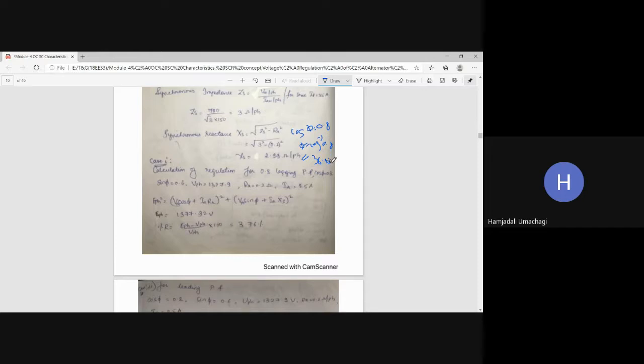Now if you want sin phi, you have already calculated the phi value, which is 36.86 degrees. So sine of 36.86, how much is it? 0.6. This is how you should calculate cos phi and sin phi. Always remember, power factor means cos phi, which is 0.8, and if you want to calculate sin phi, first take cos inverse of 0.8 to get the power factor angle. For 0.8 it is 36.86 degrees, so this is the phi value. Sine of 36.86 will be sin phi, that is 0.6. Is it clear to all of you?